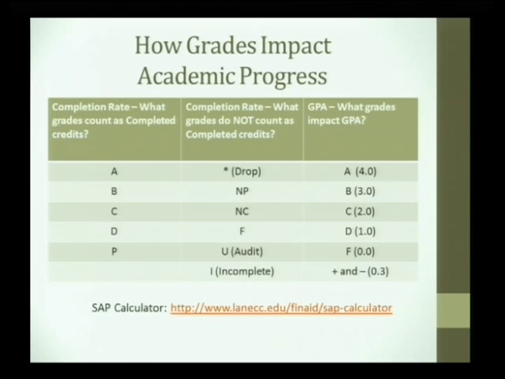But there are 2 ways that you can have an alert status reversed. One is to get a grade change. So if you were below academic progress standards in a term because you had an incomplete or 2 incompletes, you get that coursework completed, your faculty member turns in your grades, and it shows on your transcript, you can notify academic progress standards at lanecc.edu. It's been changed, and that alert status can be reversed. And if you still have a registration hold, it could be removed.